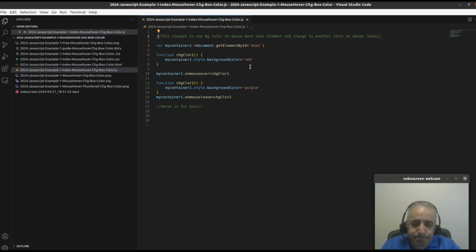on box. Now we didn't get to the JavaScript yet, how it does it. So this is the function. Then